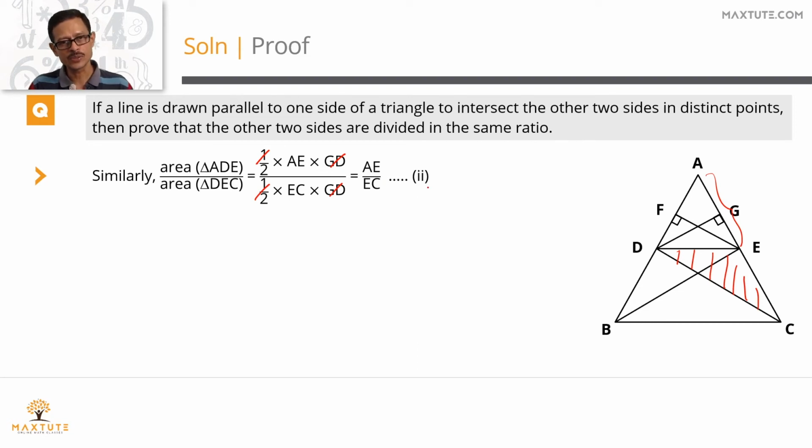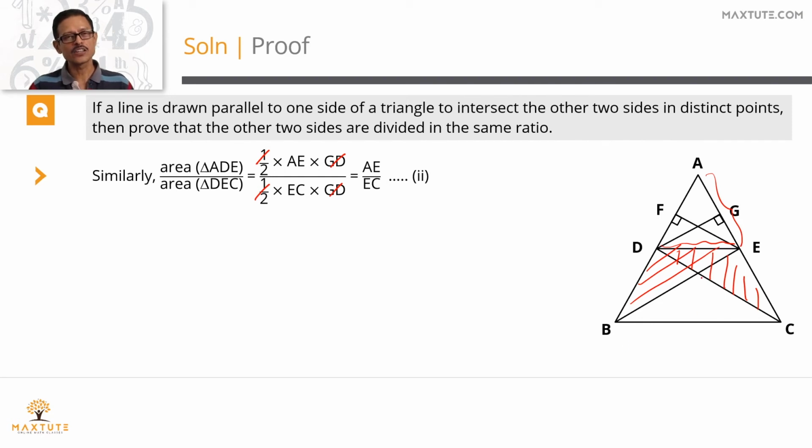Let's call this equation 2. Now let's look at two other triangles. Let's look at triangle BDE and triangle DEC. I'm going to shade it this way. This is triangle BDE and the other shading is triangle DEC. If we take DE to be the common base for both of them, because BDE has DE, DEC also has DE,